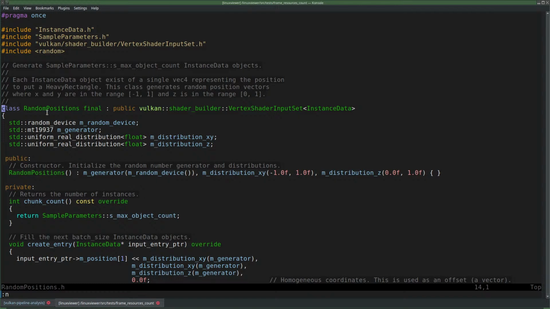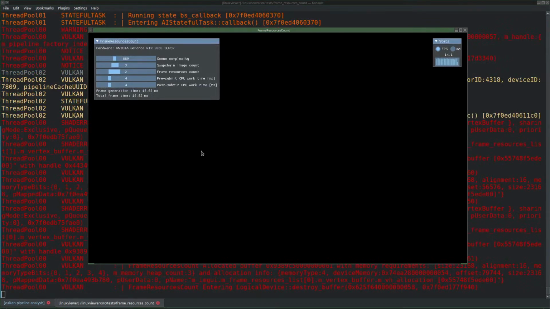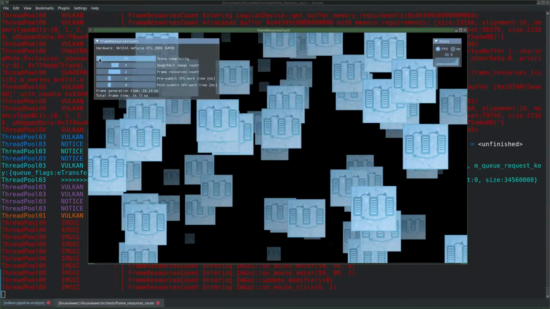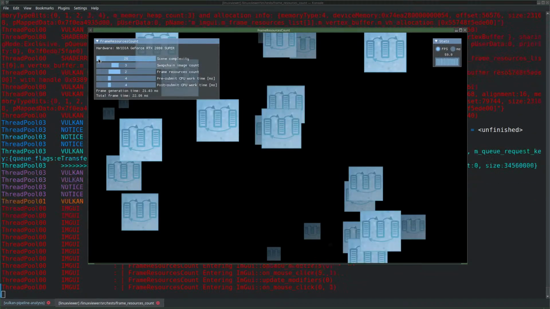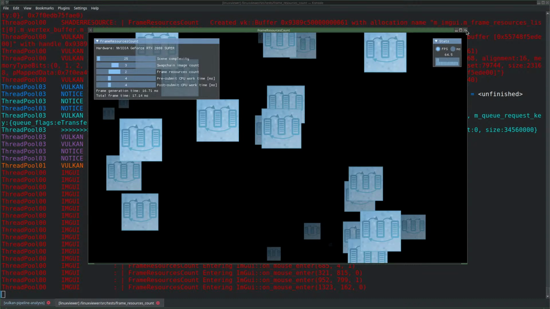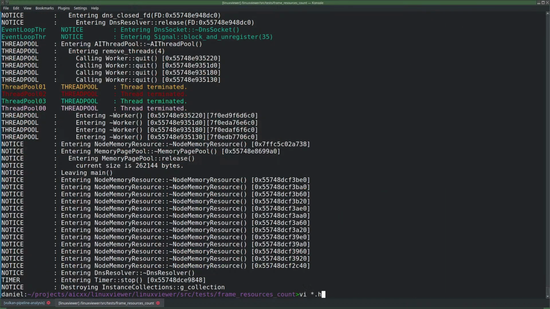Okay, so this is a header that describes the randomness of how the windows were placed. If I run the test application, now you see that the windows are placed randomly. That randomness has to be defined as well, and that is defined in